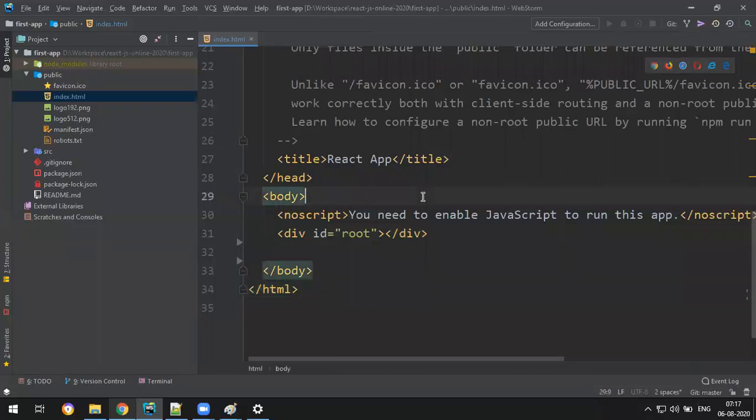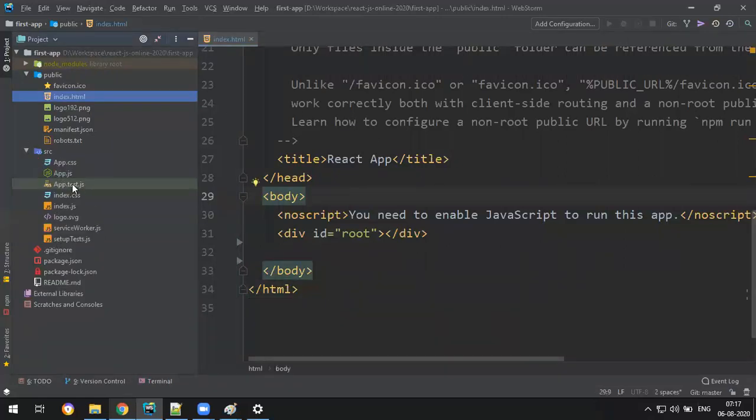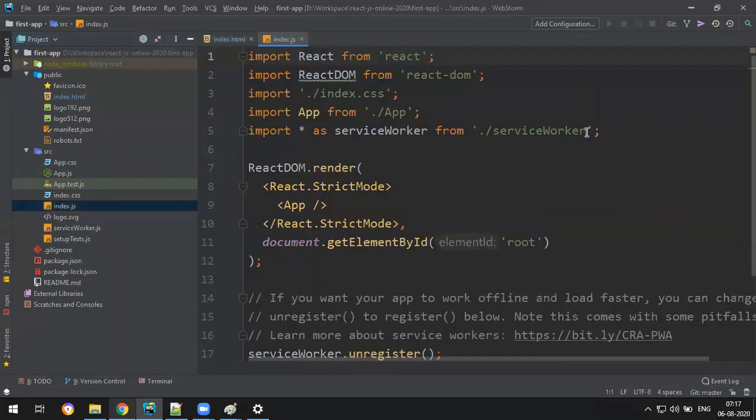Generally your application starts from the src. These are the files, and in that, index.js is the main file. If you open index.js, inside you can find something called react. Just forget about all this, we will discuss that. See, document.getElementById root.